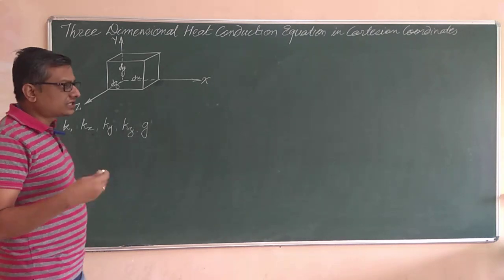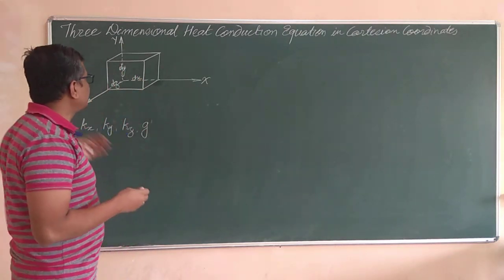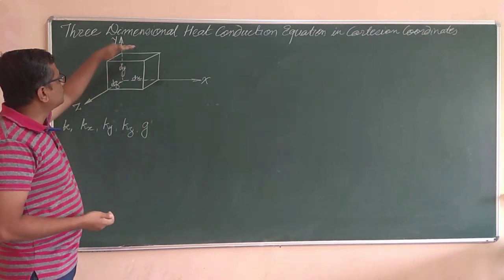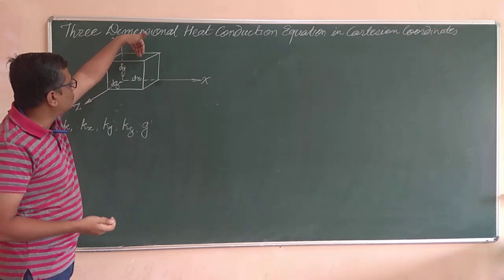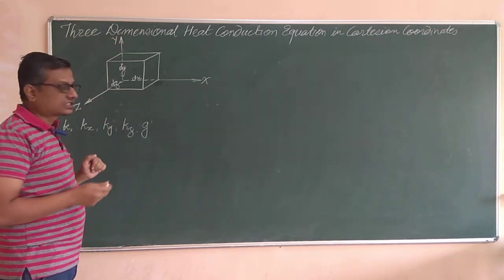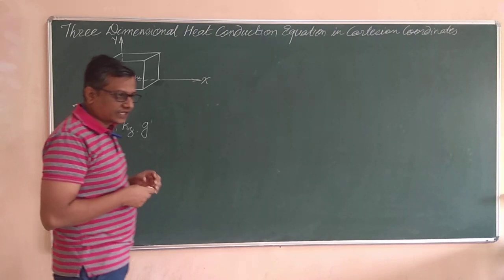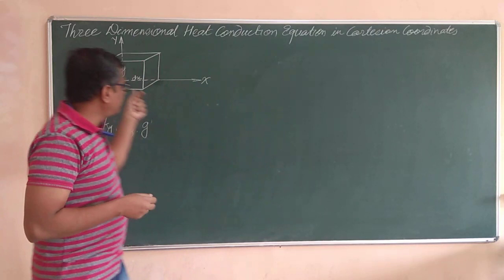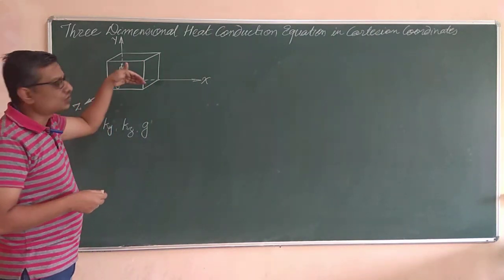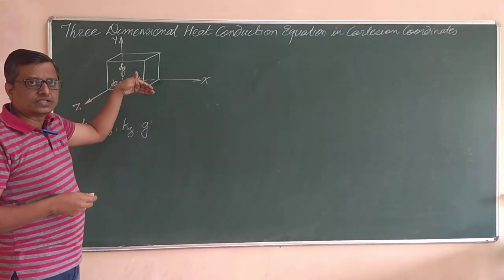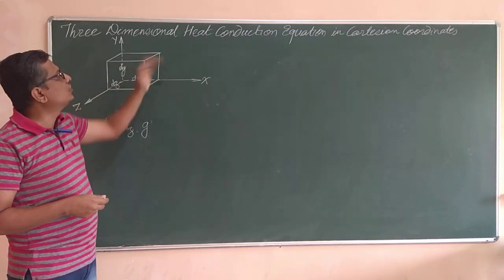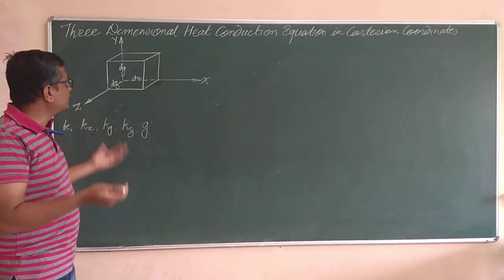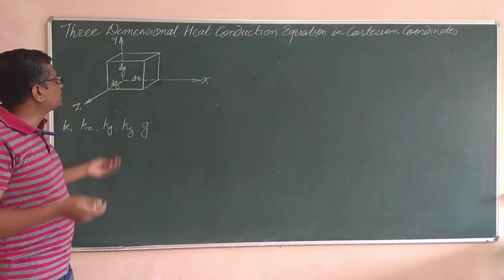Now let us talk about the heat conducting through that element. This element has a total of 6 surface areas. You can see this is 1, 2, 3, backside 4, and top 5th and bottom 6th surface. Heat, while conducting through that element, may enter the element through any one of the surfaces and may leave through any other surface. It is random; there is freedom for heat to flow in any of the directions.